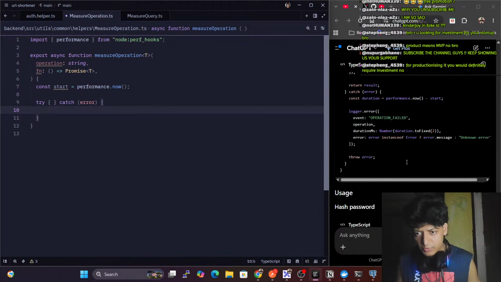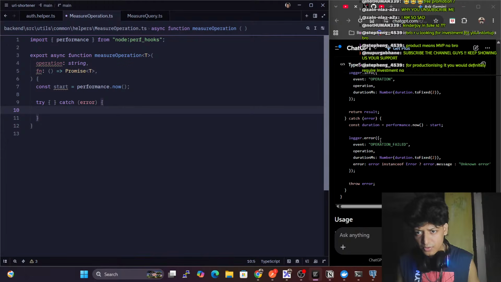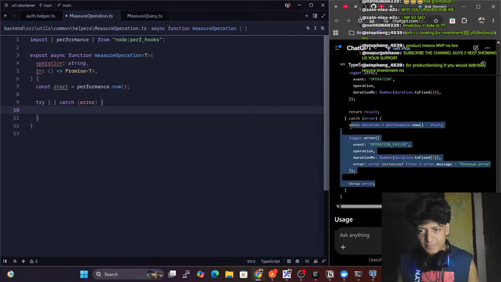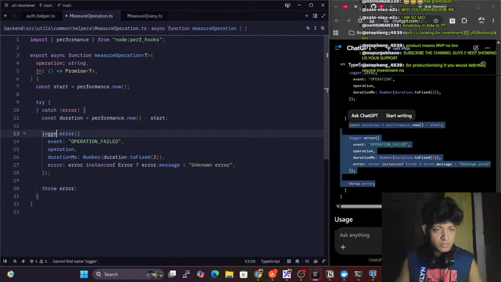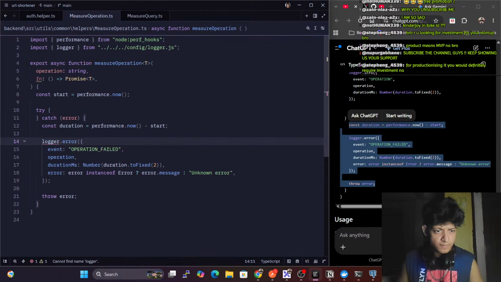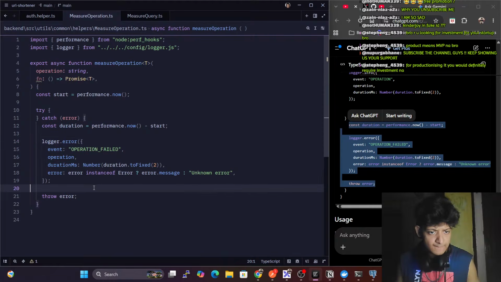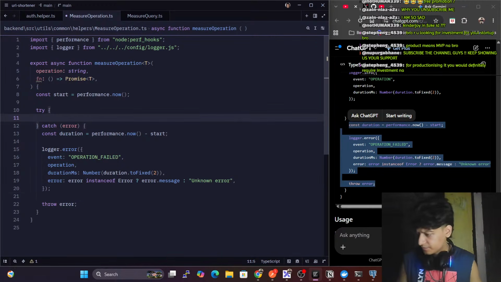First, you have to work with the errors. This error is the same thing. Copy this from here, paste it here. Error is the same, and you have to import logger. Fine. Then after that, in the try block,